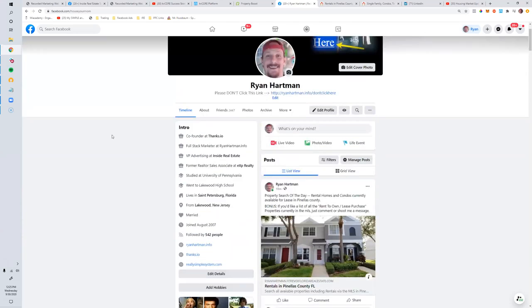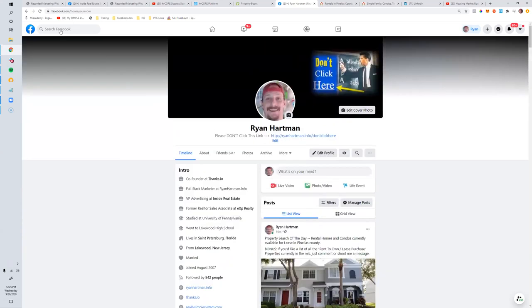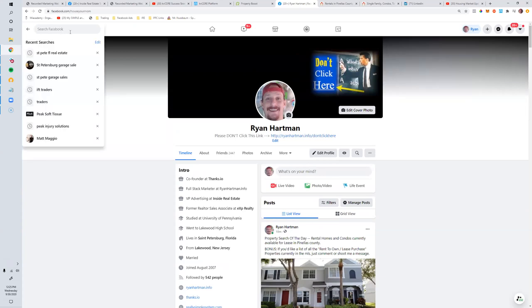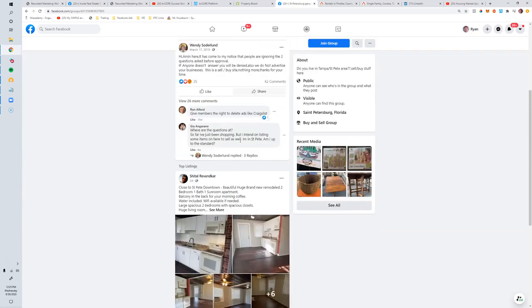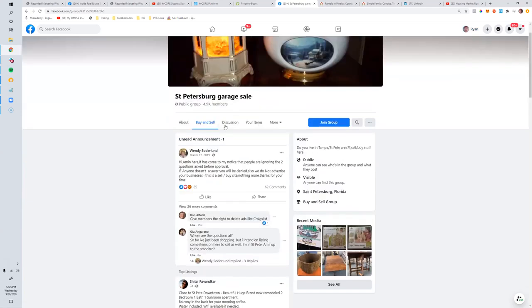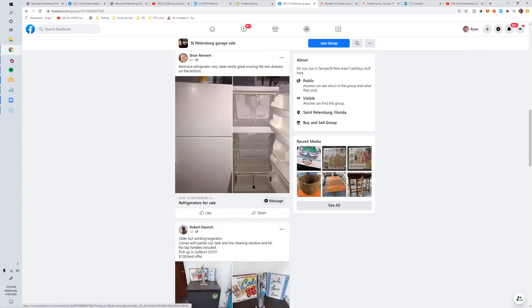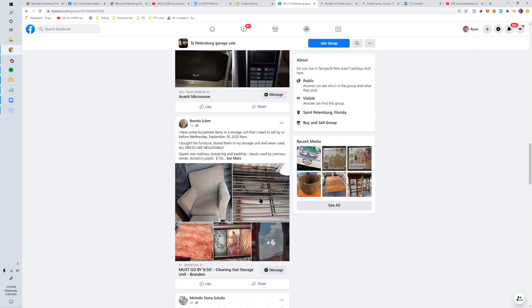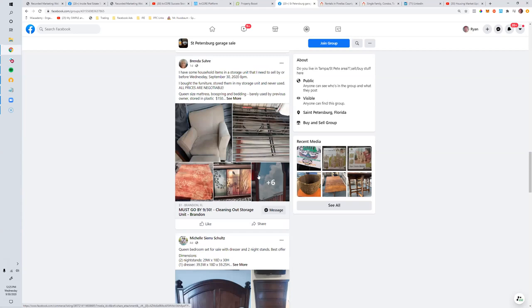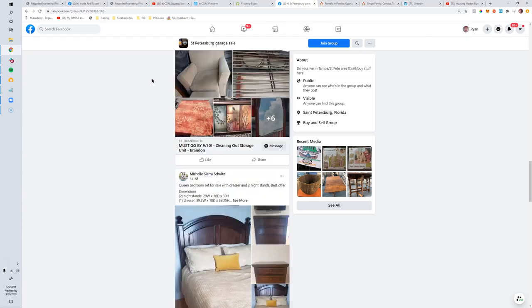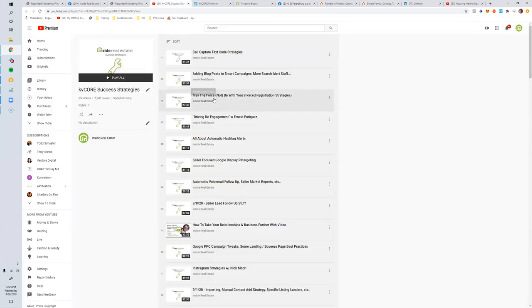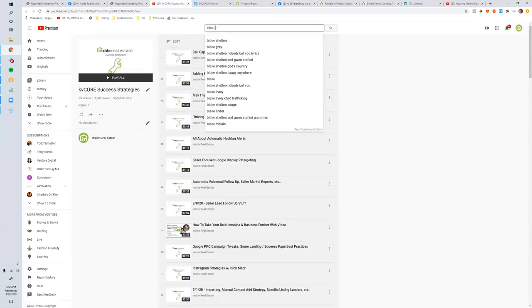The jail part, I think that comes down to when you're going into groups, you know, and you're just, like, I just jump in this St. Pete garage sale group and I'm like, hey, I got this property for sale. You know, it has nothing to do with a garage sale. But I know people do that with some success. So I'm not going to say it doesn't work still. It's just not something I've ever really done consistently myself. And I hear one sign is that I hear less and less people talking about it, you know, the actual approach.